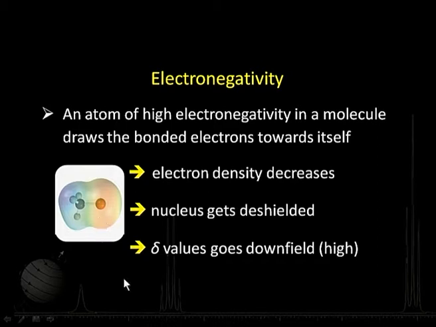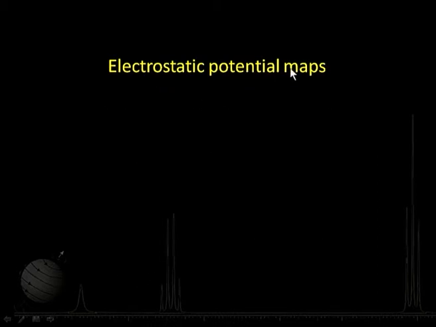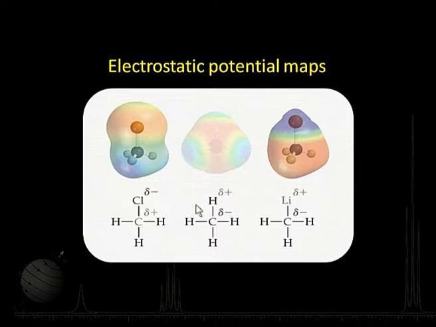Now, we are trying to show you a picture of this kind. Let us understand what these pictures indicate. They are called electrostatic potential maps. Basically, this is an EPM, or electrostatic potential map, for a methane molecule. In the case of methane, the electronegativity of carbon, which is about 2.5, is more than that of hydrogen, which is about 2.1. As a consequence, there will be partial charge separation there. Carbon will be slightly negatively charged as compared to the proton.